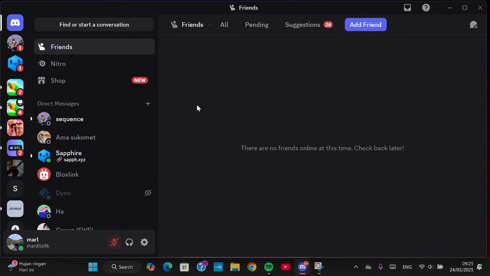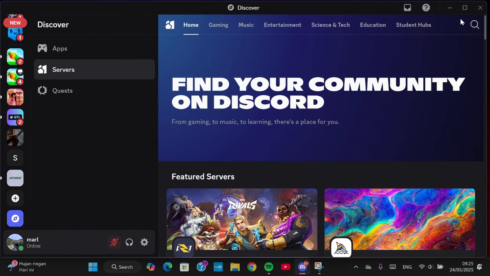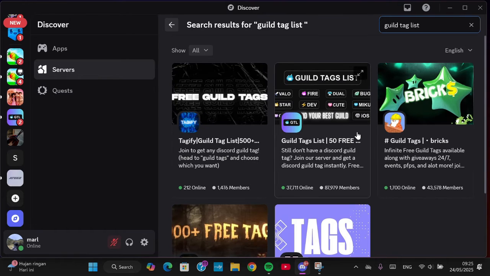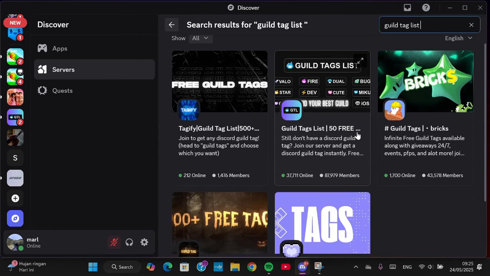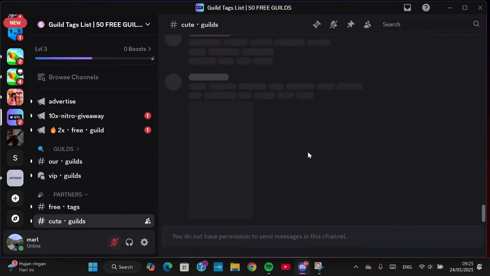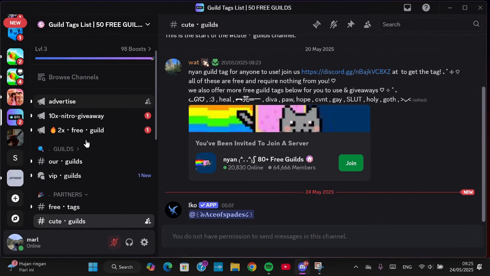and I'm going to show you how you can get this tag on your profile. Okay, to get the tag, first thing first, you need to join a Discord server like this guild tags list. You're going to go to the discover menu and try to search guild tag list server. Okay, and there will be a lot of servers for you guys, and then you can join this one. Here I have joined the server, and then you're going to